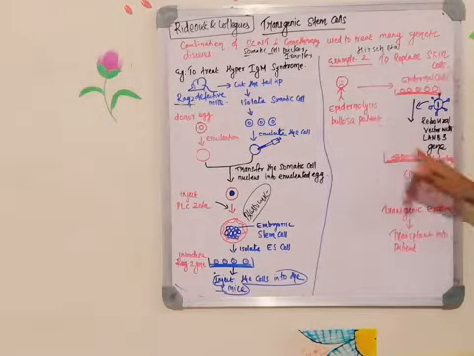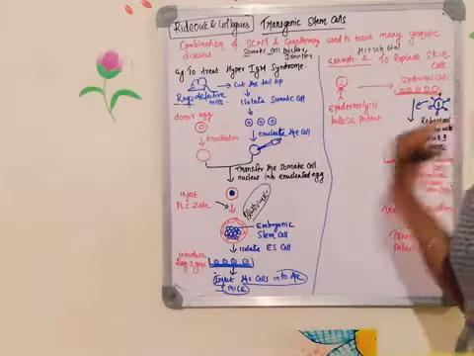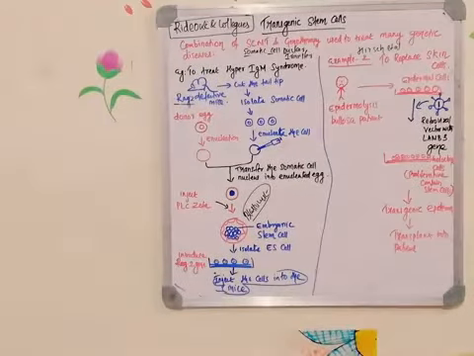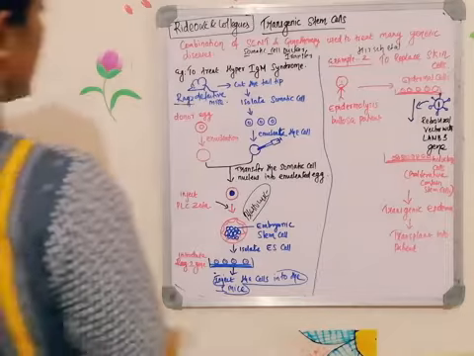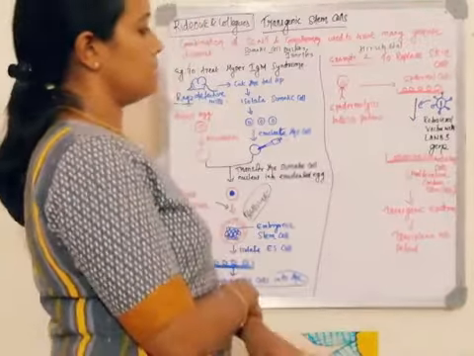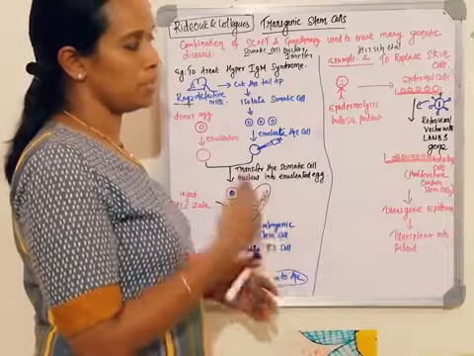This particular condition is because of a defect in one of the genes called LAMP3. Because of this defect in the LAMP3 gene, the protein will not be synthesized, thereby the epidermis will not be fixed on the dermis. When the epidermis is not fixed on the dermis, you can see blisters throughout the skin. So to treat that, you need an artificial skin. Artificial skin can be created by using cells isolated from the patient itself.